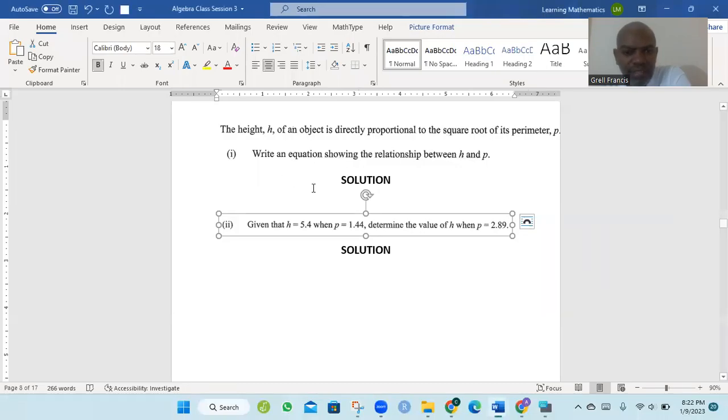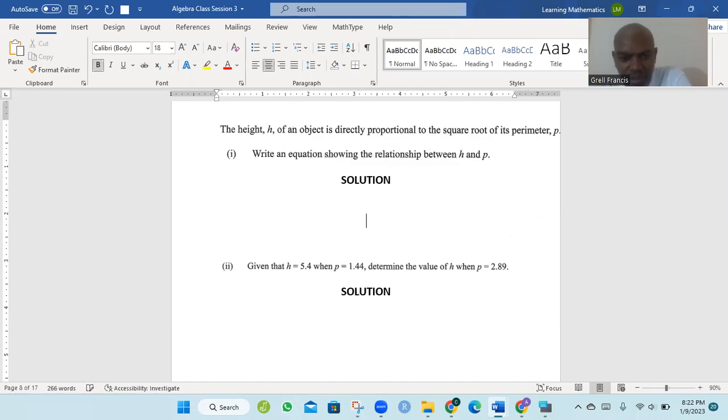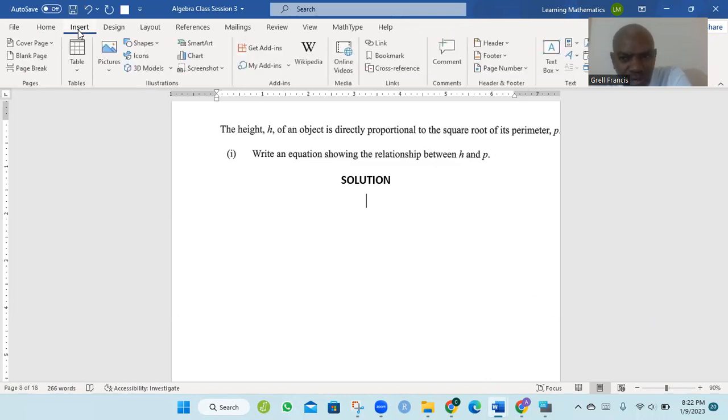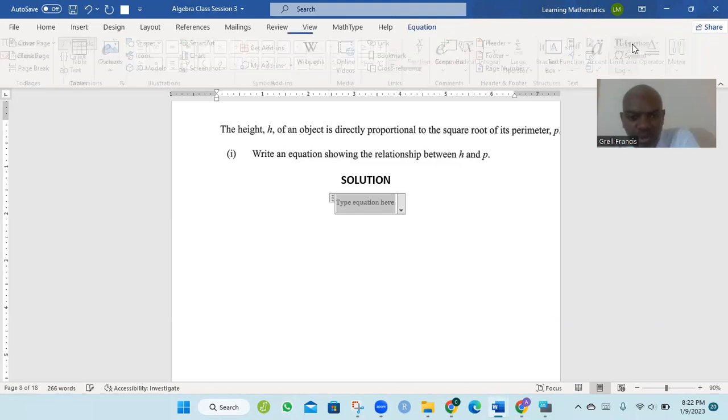This question says the height h of an object is directly proportional to the square root of its perimeter, P. Write down an equation showing the relationship between h and P. So before we write down an equation, we have to write down what you may call a proportional equation, or an equation representing proportionality,